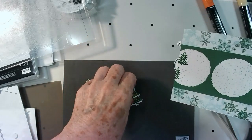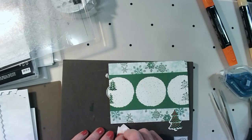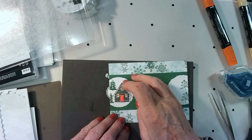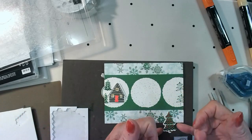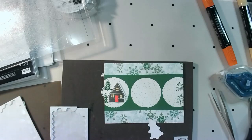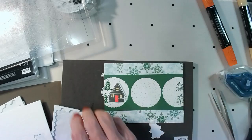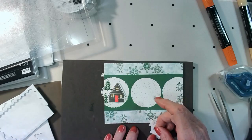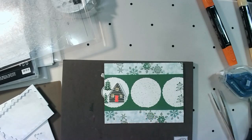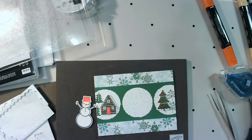Okie dokie. Let's bring the card back in. We got us a Christmas tree, we got us a house, we got some dimensionals. House is just going to sit about there. Christmas tree. I think I'll need a mini, oh there's a mini dimensional for the top of the tree. And as high as I can. Just there. Now we've got the snowman to go in the center,